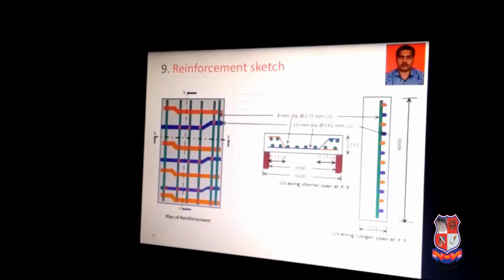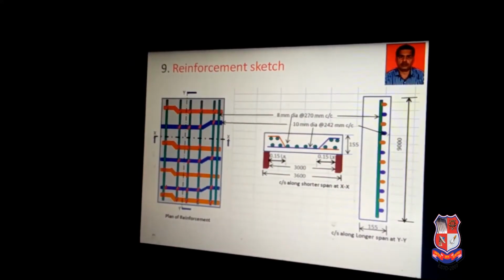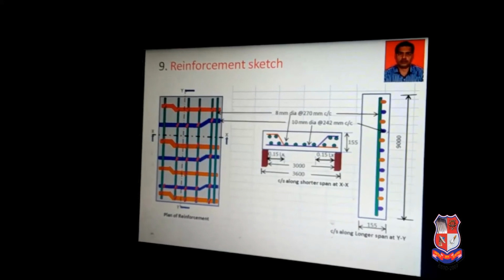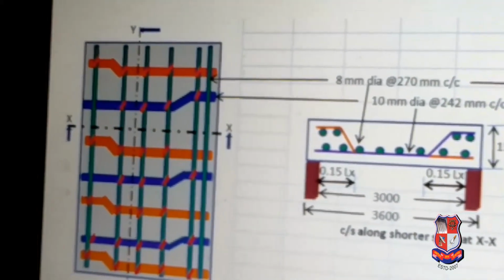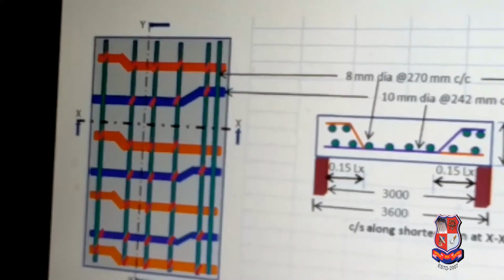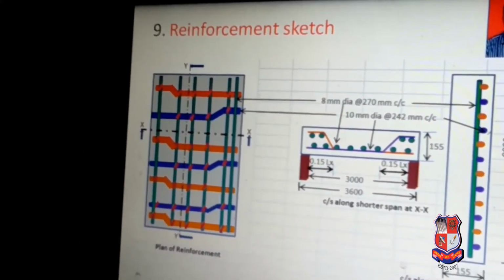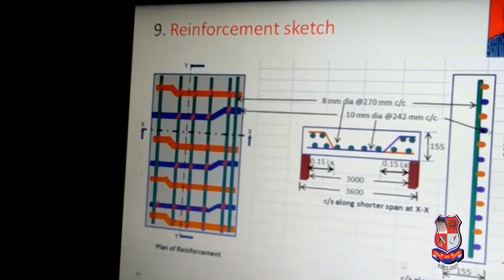Now with this check, the most important part is to show the reinforcement sketch. So this is the plan of the reinforcement, a typically drawn plan. Now if you see here the colors in the plan, you can see there is one bar coming from the right side going bent up near the support,